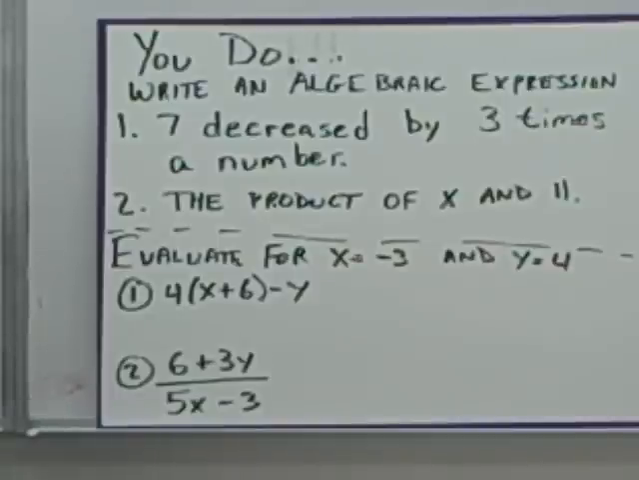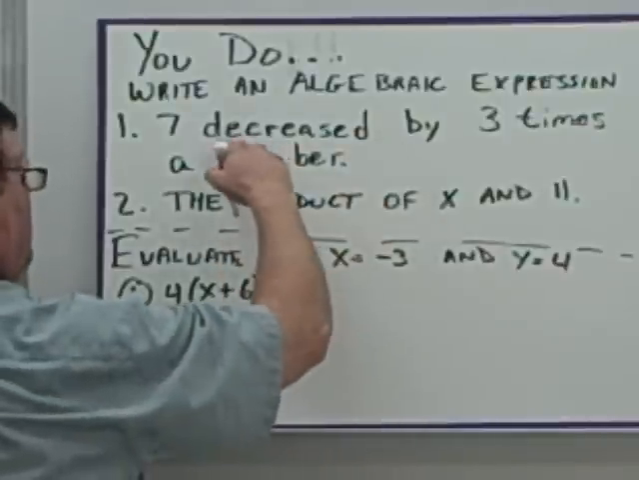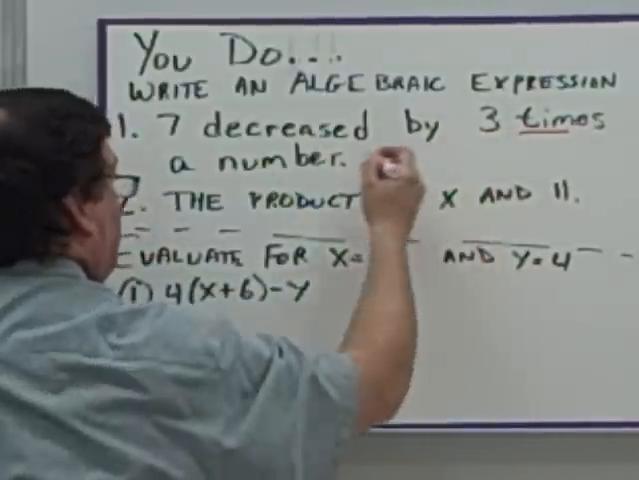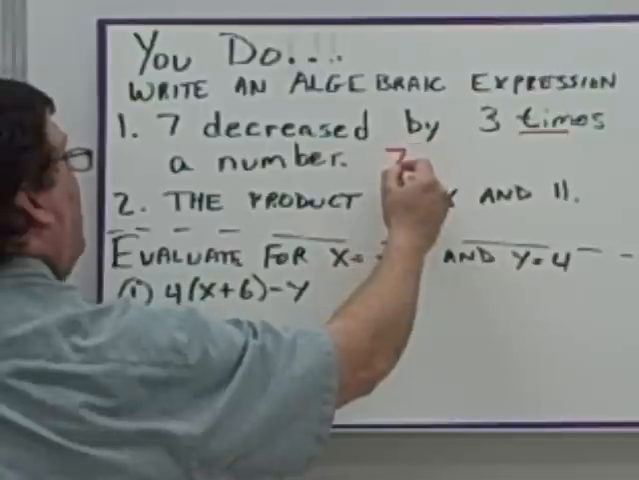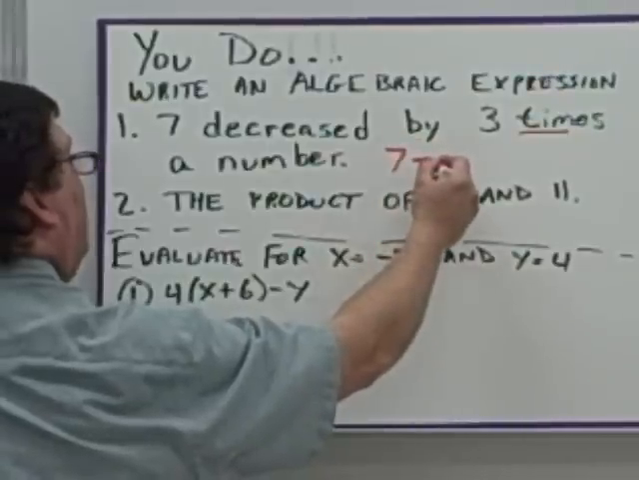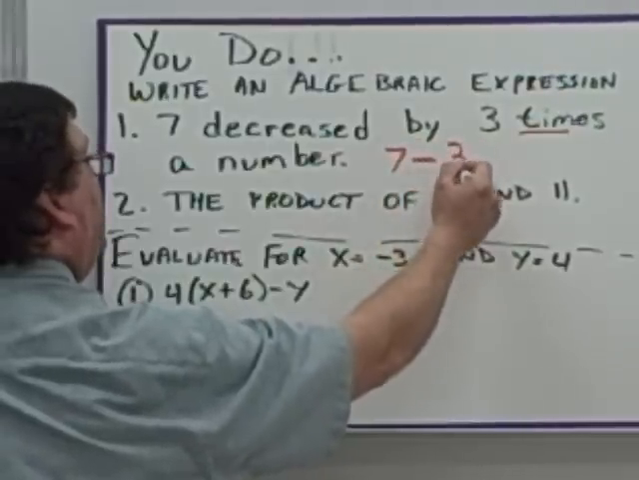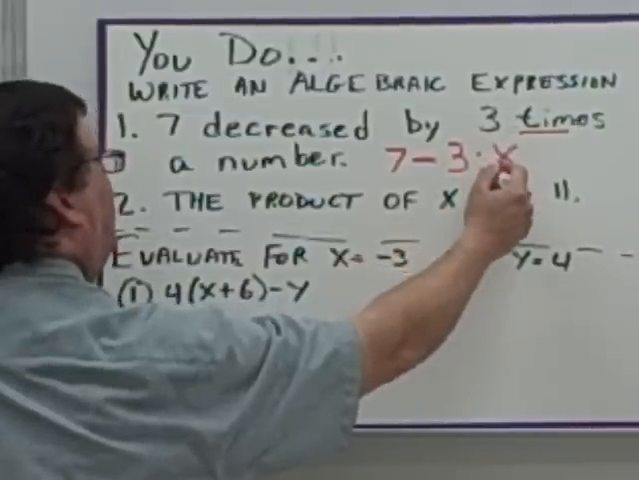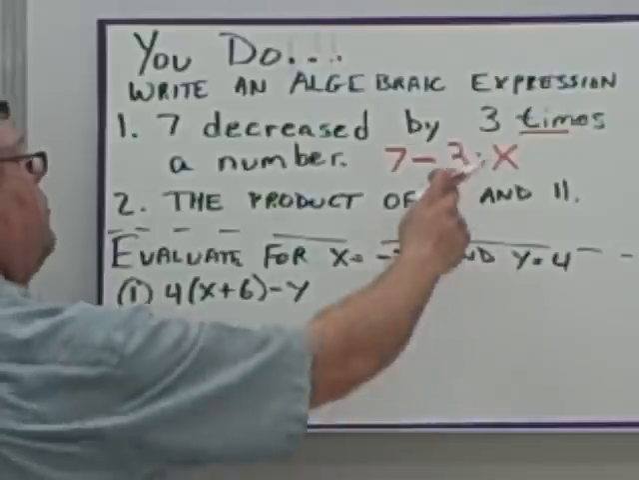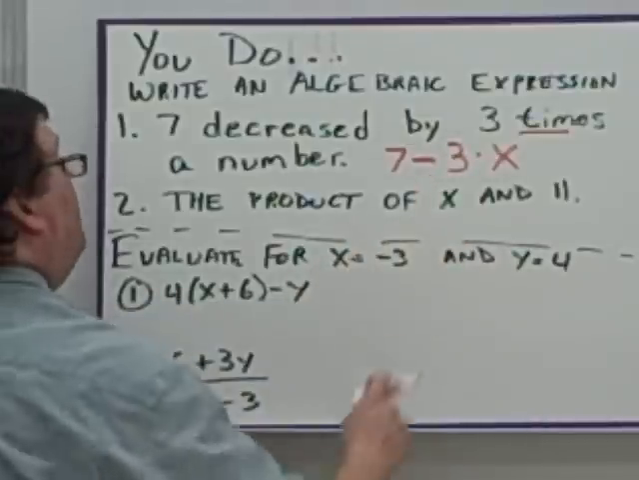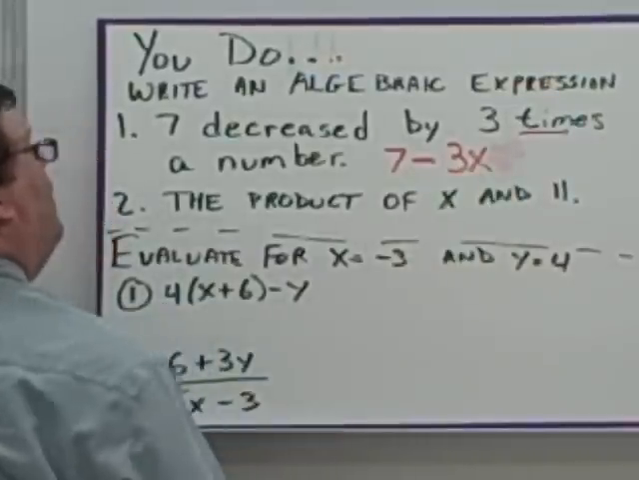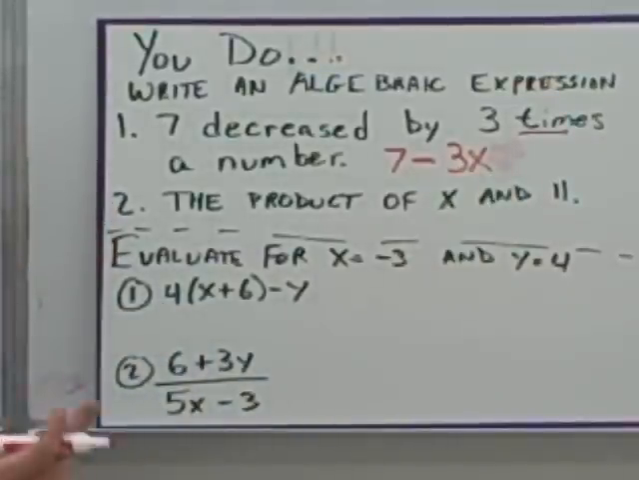All right, we're back. 7 decreased by. Decreased by is subtraction. 3 times a number. Times is multiplying. So it's 7 decreased by 3 times a number. We don't know what it is, so it's the variable x. Do I have to write that dot there? No. I could just put 3x, and that would be the same thing,